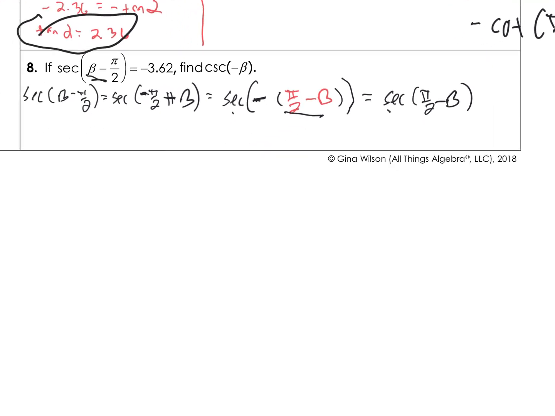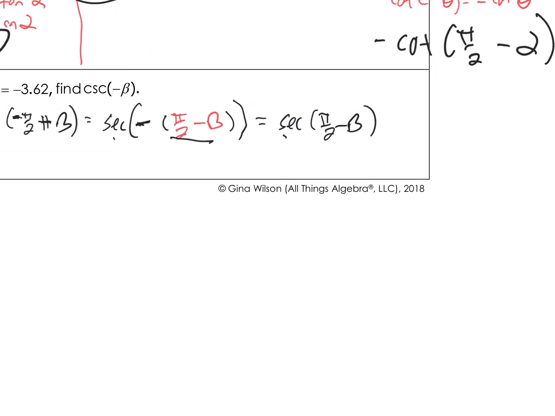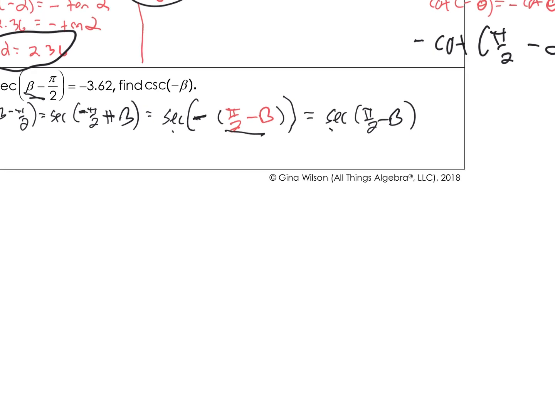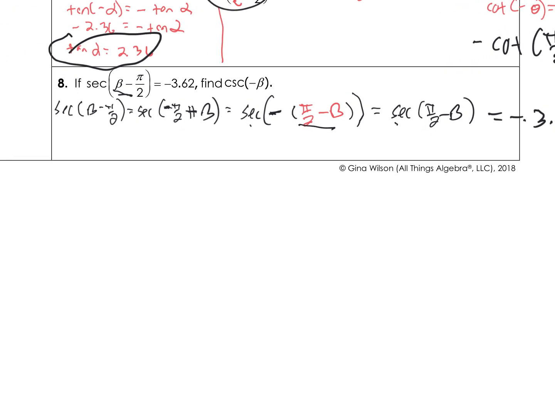All I've done is rename the problem, which we're saying is equal. It's still equal to negative 3.62. All I've done is rename this problem to make it look the way that the identities were at the top. Find